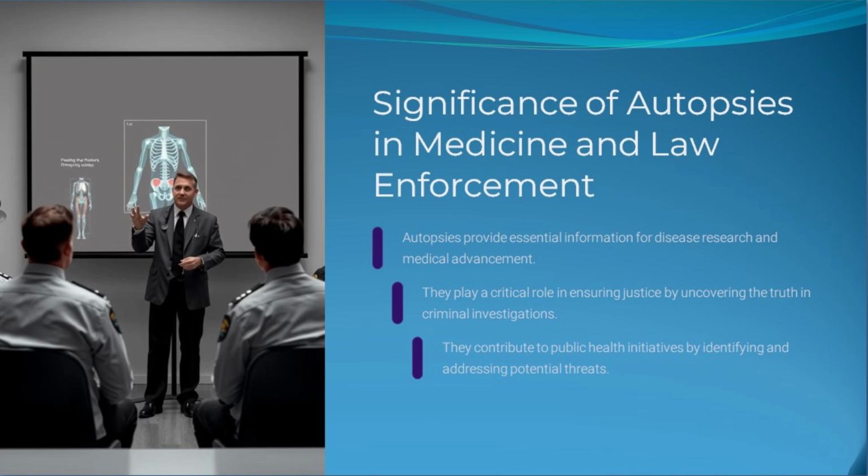They play a critical role in ensuring justice by uncovering the truth in criminal investigations. Autopsies are indispensable in criminal justice by objectively uncovering facts that witnesses or suspects may obscure. They determine cause of death, for example, strangulation versus drug overdose, identify weapons, bullet trajectories, knife wounds, and detect hidden trauma, bruises, fractures. For example, a suicide ruled a homicide after autopsy revealed defensive wounds and a toxicology report showed